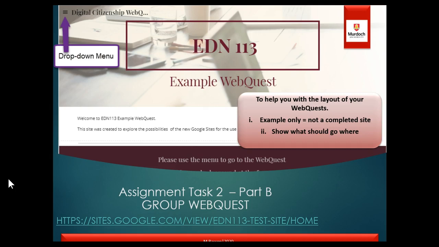Now, for this assignment, I've compiled an example web quest, and please, this is only an example. All the areas are not populated as thoroughly or as well as you are expected to do it. This is basically just a framework. It is not a complete site. Some of the pages are still under construction, and they will be for the foreseeable future because this is only an example, to show you how to actually